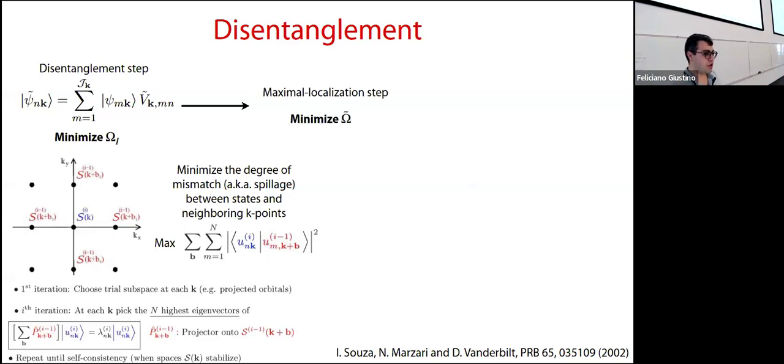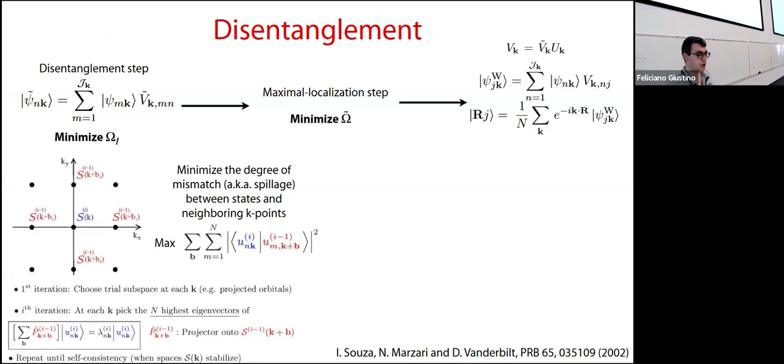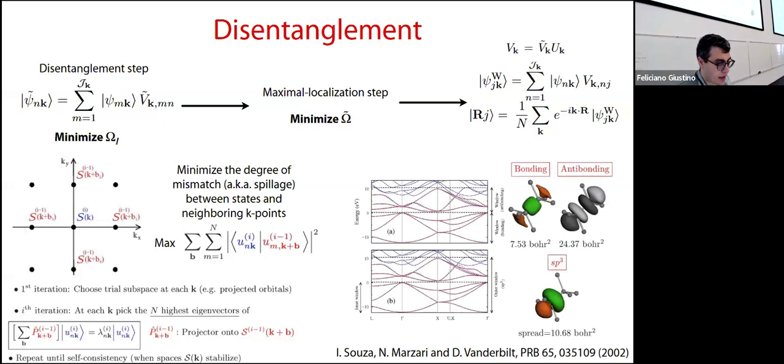And then once you have done this, you can proceed with the usual maximal localization procedure and minimize the gauge-dependent part of the spread, okay? So essentially, you have two unitary matrices, and the product of these two unitary matrices is the overall unitary transformation that brings you from your Bloch states to your Wannier gauge. And Nicola has shown you the example of silicon. If you treat valence bands and conduction bands of silicon separately, you get the bonding and anti-bonding orbitals that you see here. And instead, if you do all the 4 valence plus 4 conduction bands together, you get sp3-like orbitals,